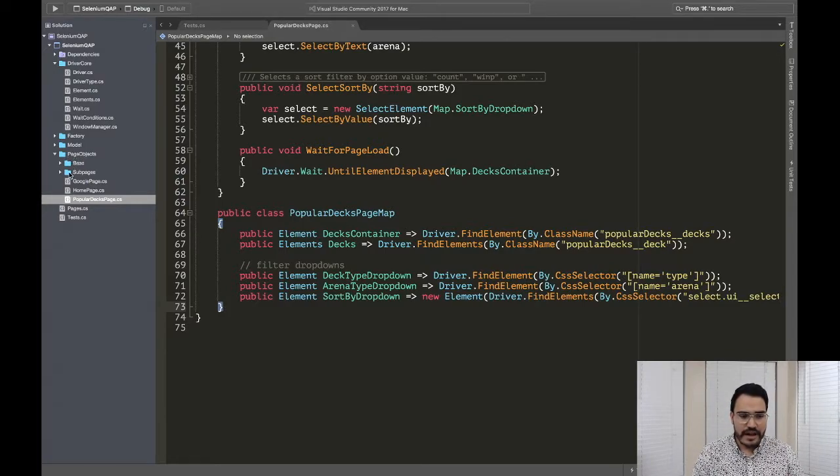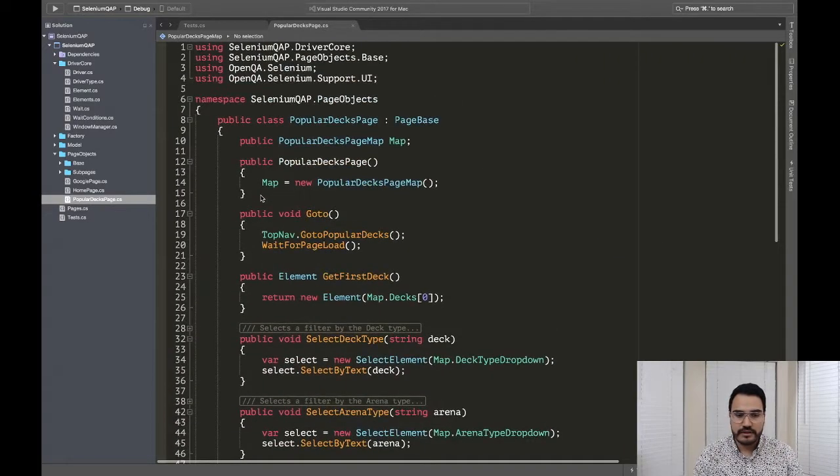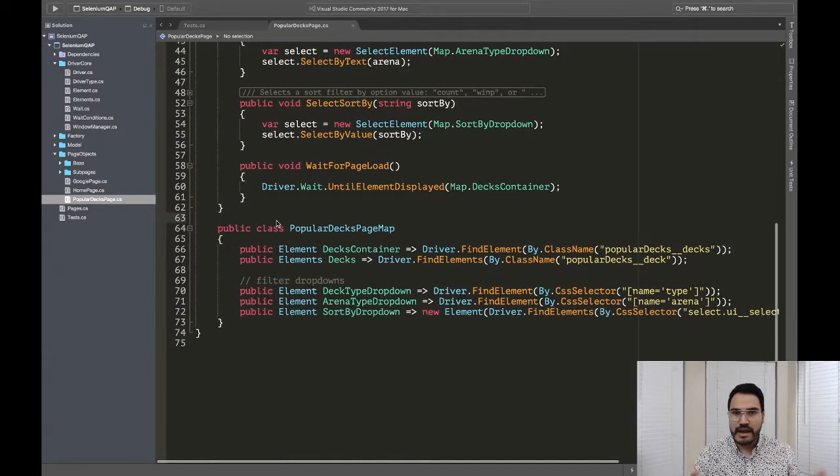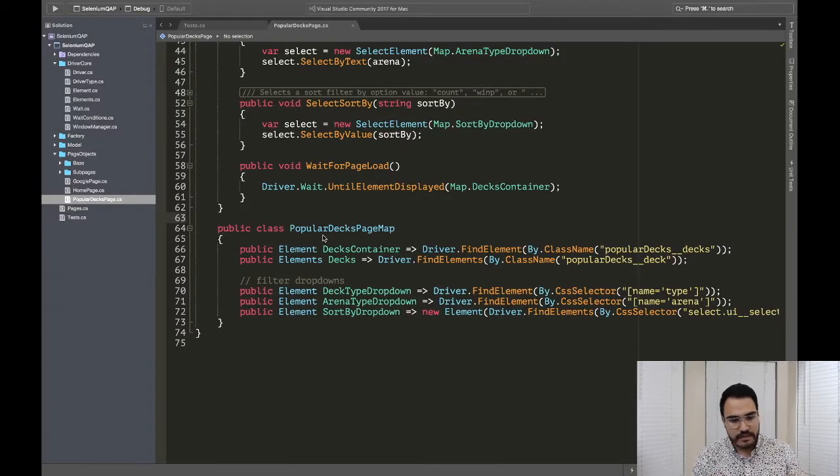But inside of here, I have subpages, base, and then just the pages themselves, right? My pages, I always call the name of the page. So in this case, my file is called populardexpage.cs, and you'll see right here, populardexpage, that's the class. Inside of the same file, though, I always have a map class. So it's the same name, populardexpage map. I just add map at the end of it, right? And that's it. Inside of here, I'm able to find the elements and I store them in this